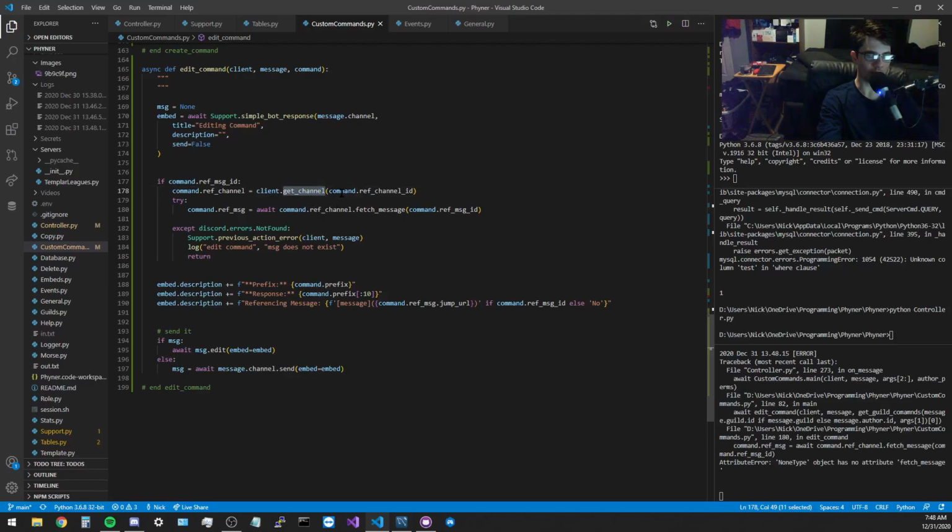Does it need to be a wait? Does it need to be? I don't know why, but we're going to do this instead. So the channel ID needs to be in the guild at least. So we can go equals message.guild.channels, and we can go C for C in this if C.id equals command. God damn, I wish autocorrect would just work. Ref channel ID. And then that will hopefully be not empty. I'll go